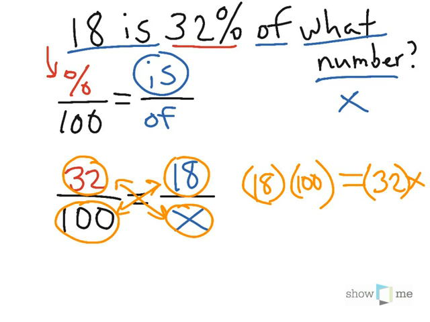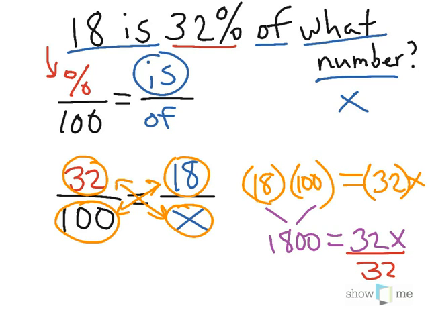Now let's see if we can simplify this a little bit. Okay. This part right here becomes 1,800 when I multiply them. Oops. On the other side, I still have 32x. This happens to be a one-step equation, just like you're used to seeing. You've seen these so many times you just kind of solve it without even really thinking about it. So I divide by 32, divide by 32,